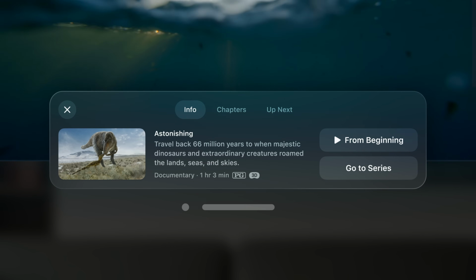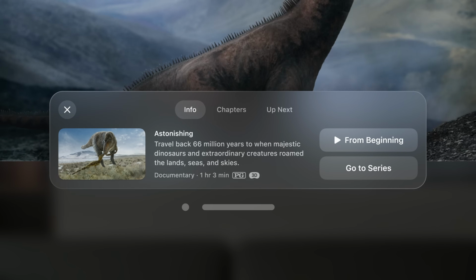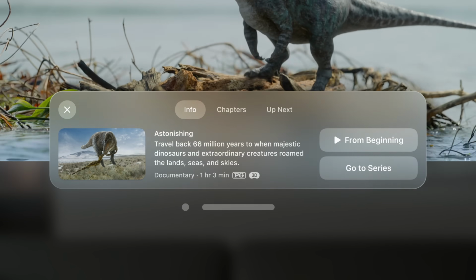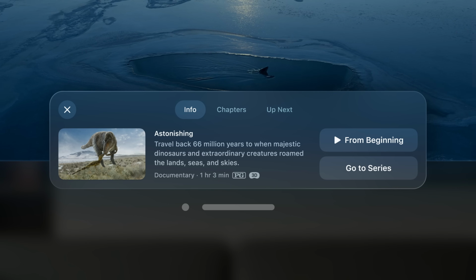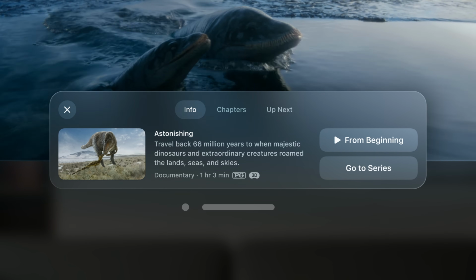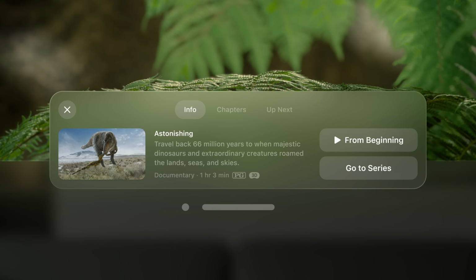Vibrancy works on top of the glass material, enhancing legibility and making system material feel richer and sophisticated. Make sure to use system components when possible. By default, they take advantage of this vibrancy effect. Let's pause for a second and turn vibrancy off. As we just saw, vibrancy improves legibility and how materials look. Let me turn it on and off to show you the difference.